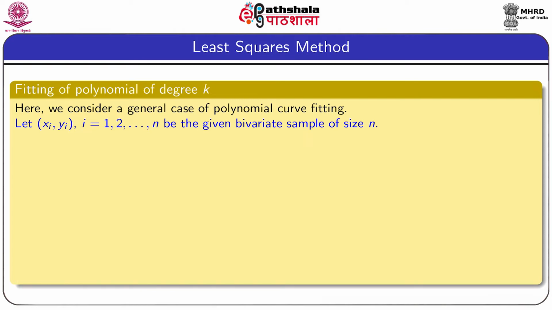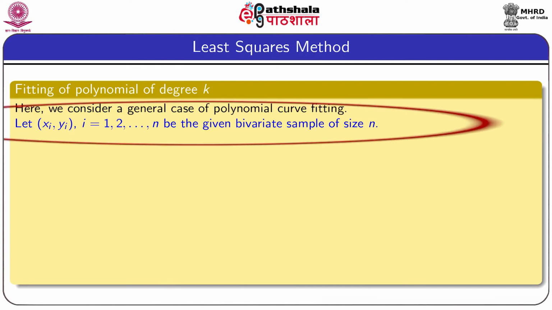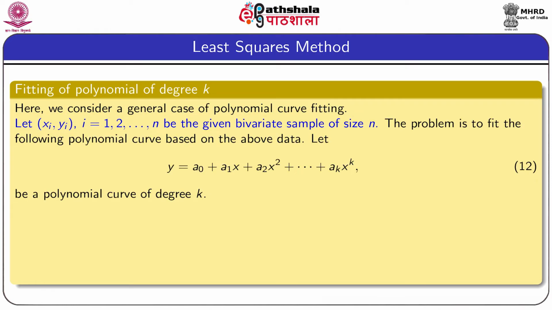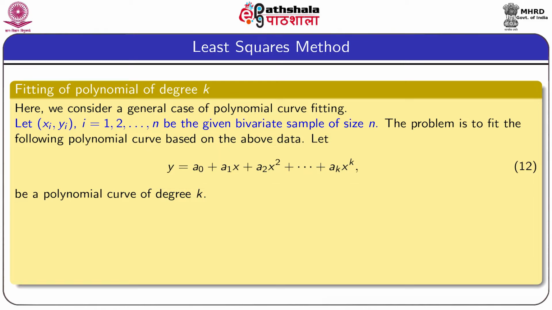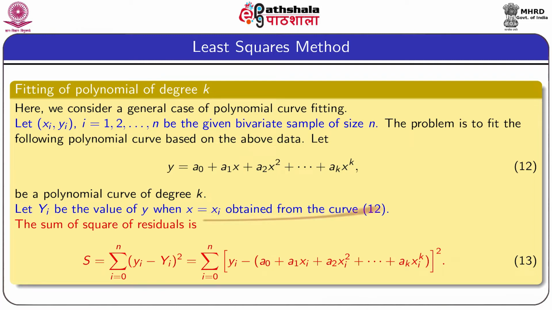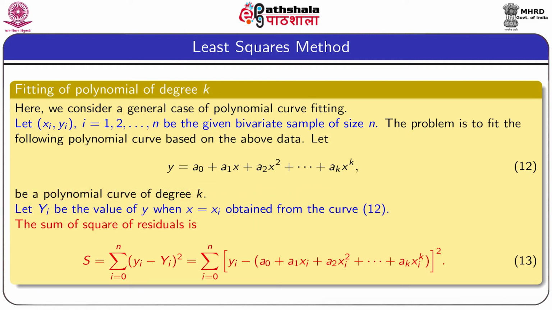Now, we describe a method to fit a polynomial curve of degree k. Let (xi, yi), i equal to 1 to n, be the given bivariate sample of size n. The problem is to fit the following polynomial curve based on the above data. Let y equal to a0 plus a1x plus a2x square plus dot dot dot plus ak x to the power k be the polynomial curve of degree k. Let capital Yi be the value of y when x equal to xi obtained from the curve 12, and capital Yi is called the predicted value